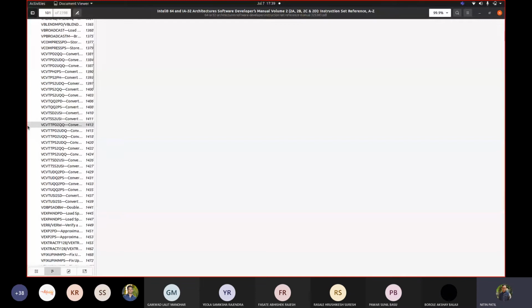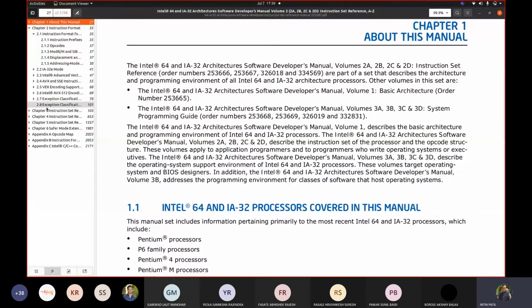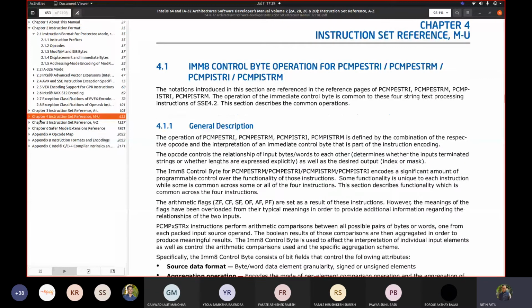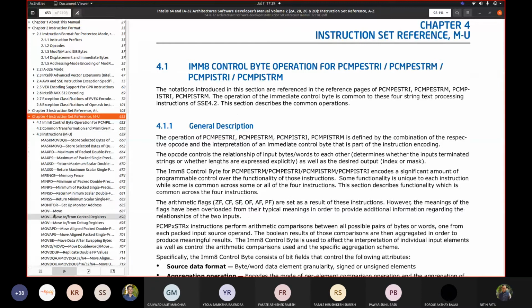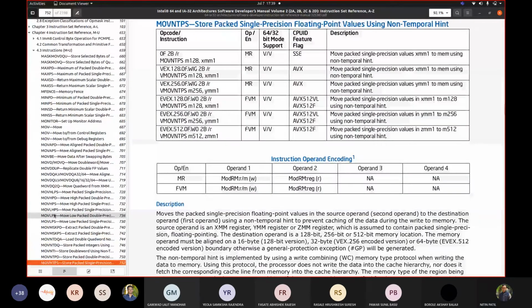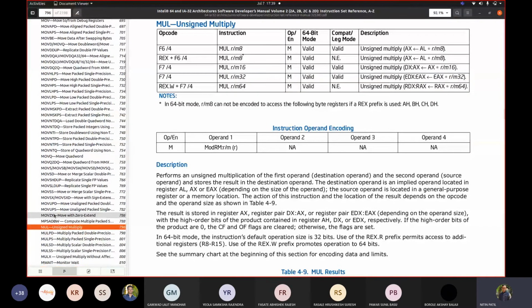As this is a very big document, you may have to move up and down multiple times. That's only one part at the initial stage. So we want the mul instruction, try to find MUL. So you have mov, so you go below. Yeah, this is mul. So mul RM32.